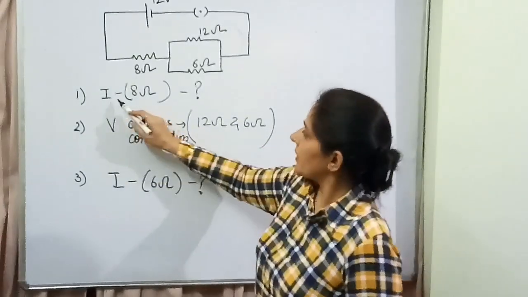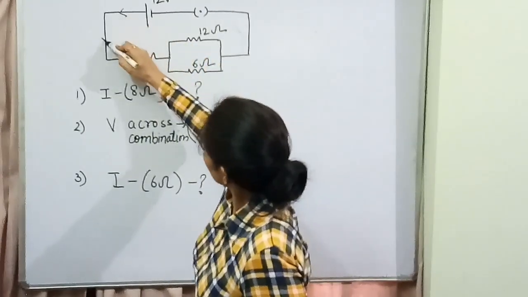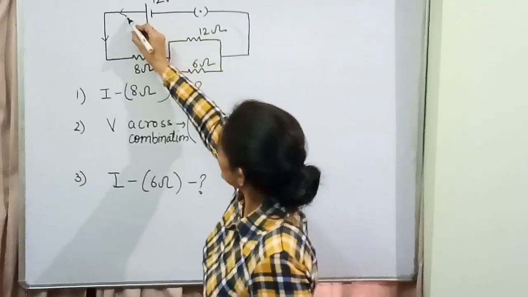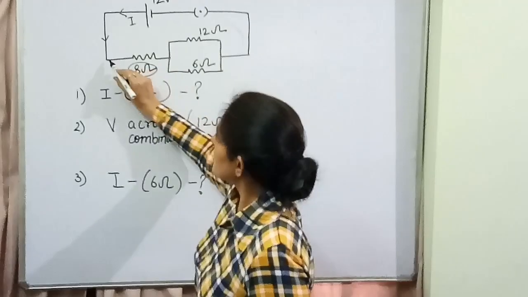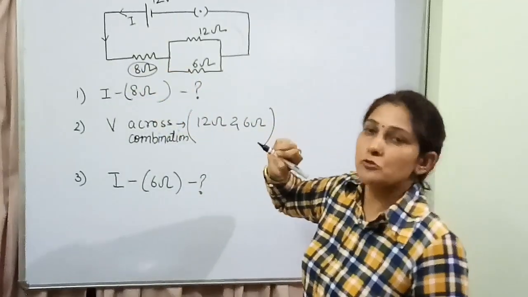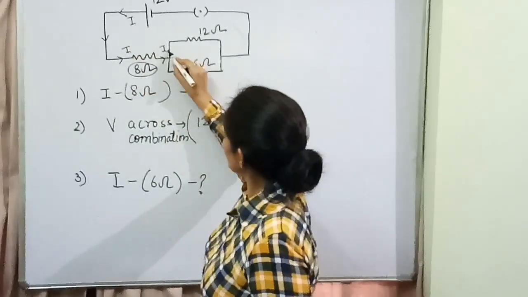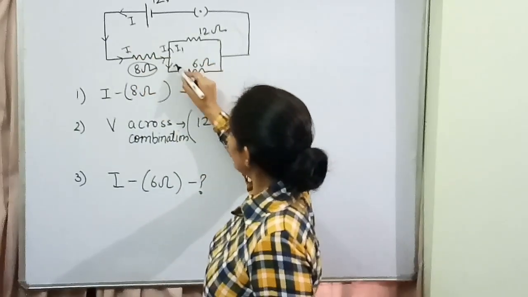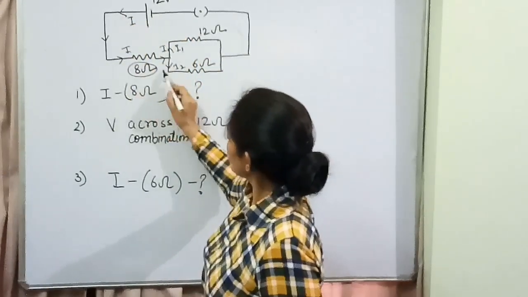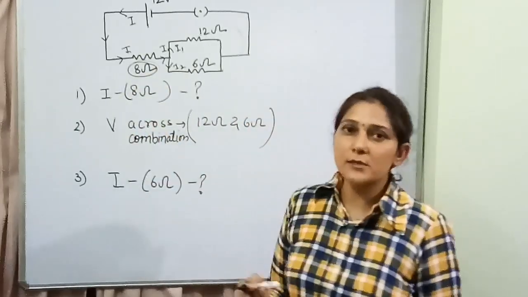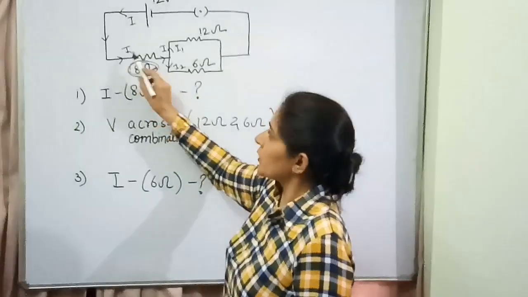First, we need to find out I, the current through 8 ohm, means this one. As you people are aware, the current will start flowing from positive to negative. If current I starts flowing from here, that same current I will be received by this, because there is no other path for the current to flow. The same current I enters into this one. Here I comes and then it splits into two parts, I1 and I2. Means whatever current this battery is giving, that same current is taken by this particular resistor, that is 8 ohm.